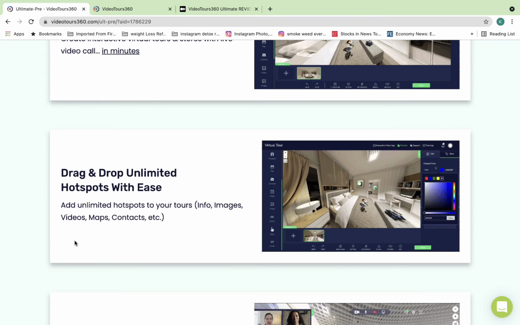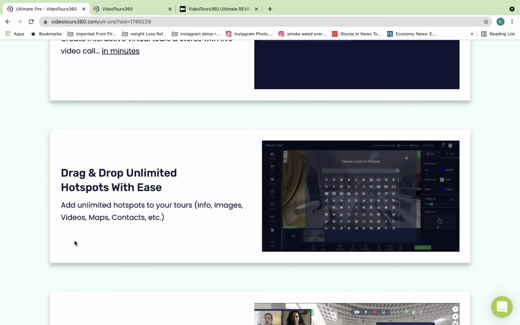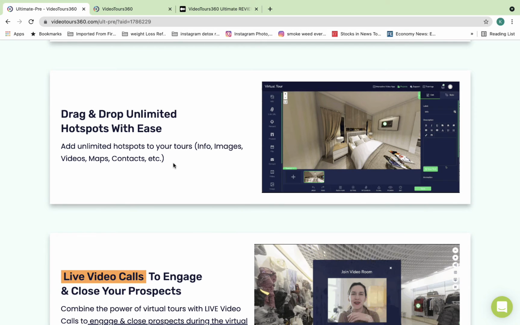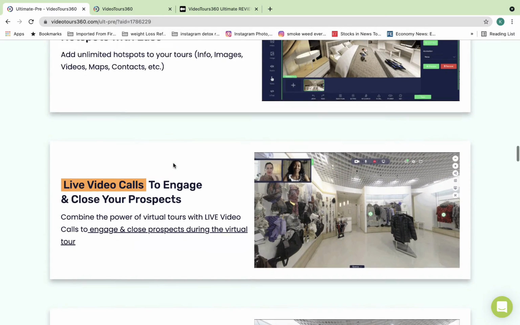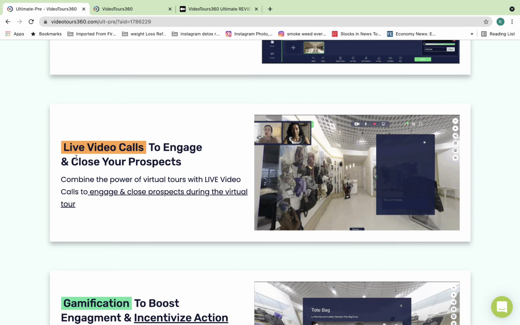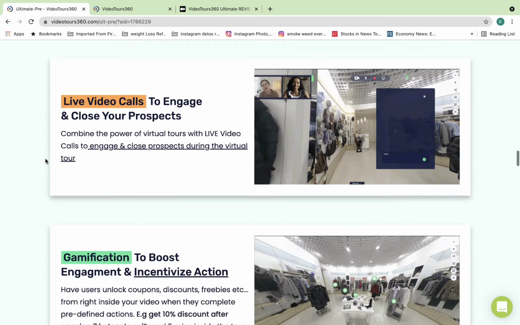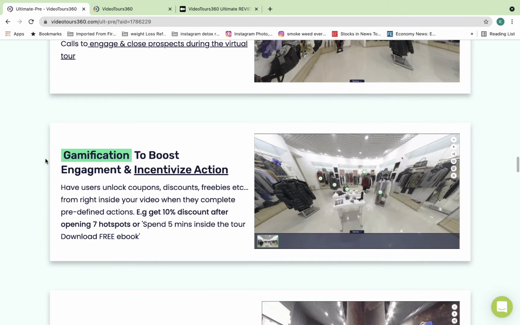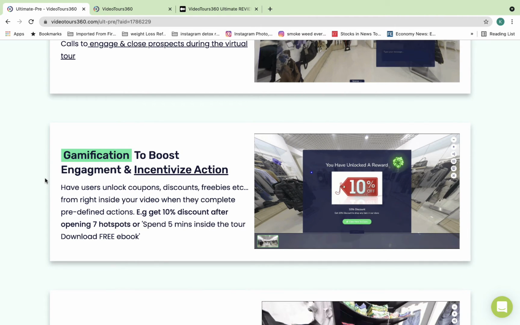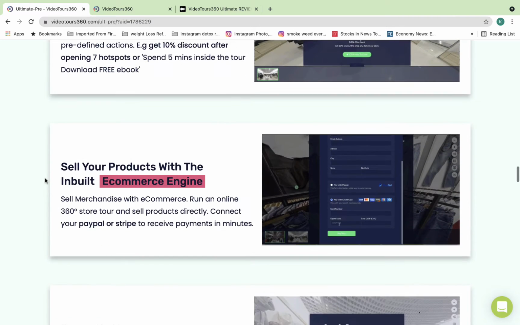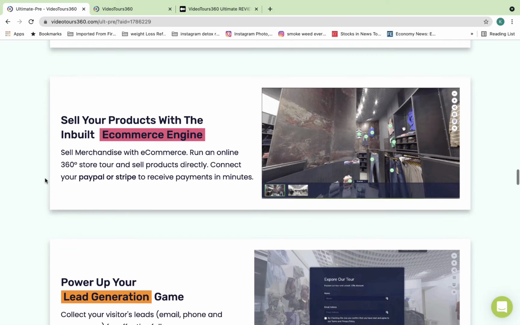You can drag and drop unlimited hotspots very easily just by clicking them, dragging to the place and just dropping them over there. This software involves live video calls to engage and close your prospects. This app involves gamification to boost engagement and incentivize action. Sell your product with the inbuilt e-commerce engine.